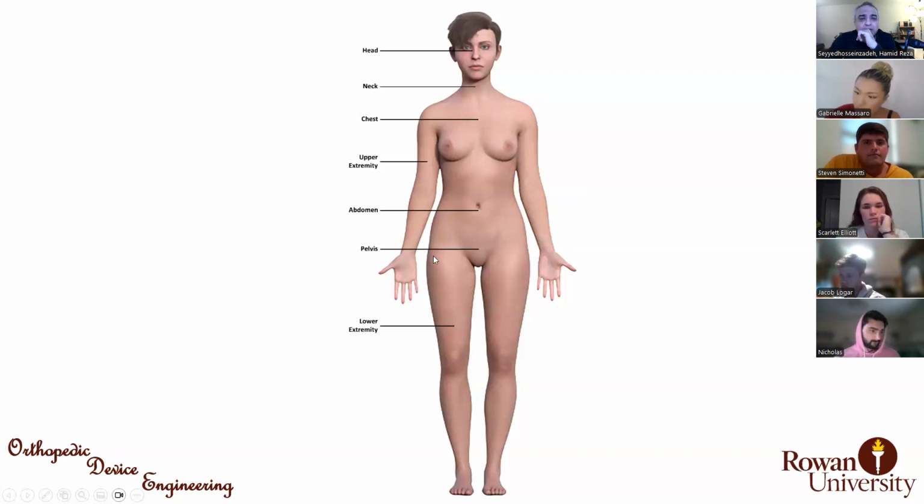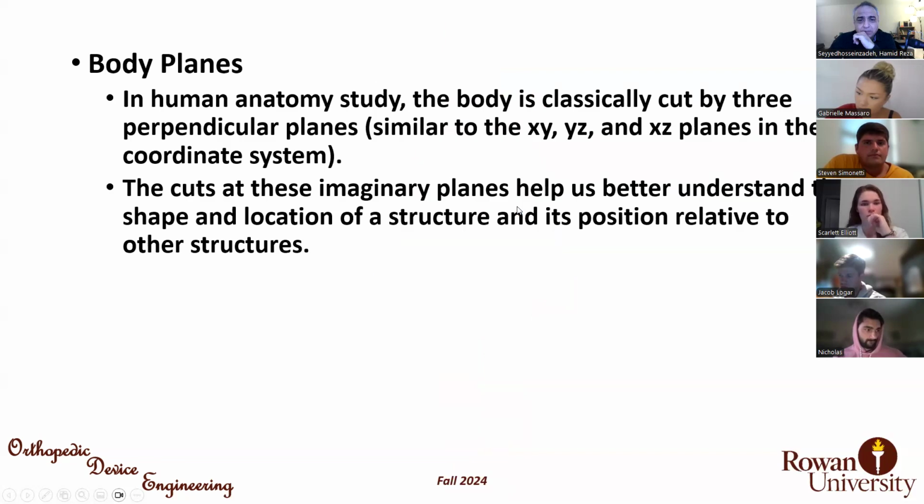Then the lower limb and the upper limb. In mathematics, you have three coordination planes: XY, YZ, and XZ plane. They are perpendicular to each other, and when you want to define the location of something in space, you use these coordinations and you define that